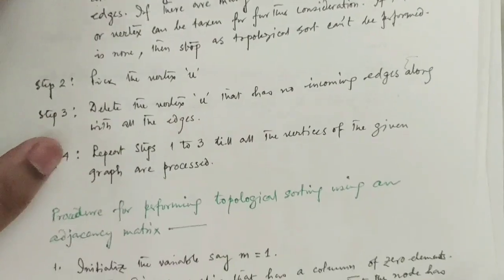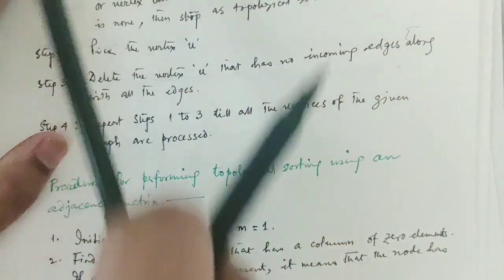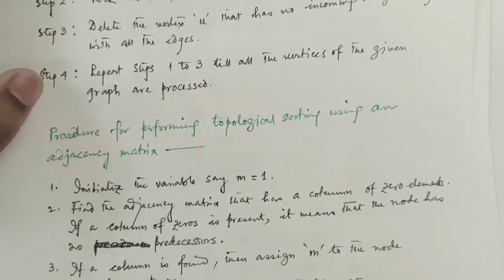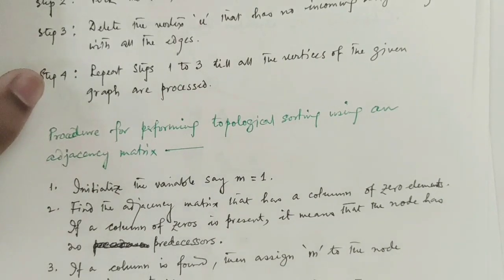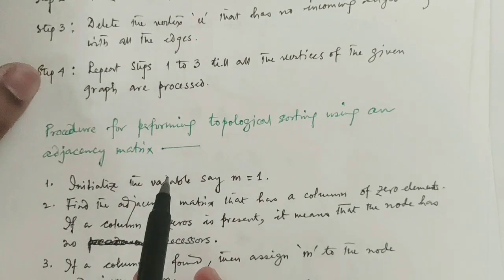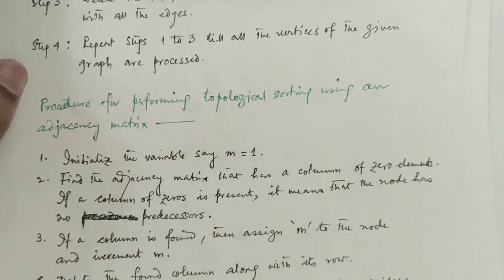Okay. So there was a question, sir, how do you determine the node that is to be deleted? That's why I took the help of the representation of the graph using an adjacency matrix. There I told you, let us have faith in me: initialize a variable m, and I will give you the significance of m later on. From the previous example, I think you already know the significance of m. So here, just summarizing it: initialize the variable, say m equals 1. That will be used, or was used, for assigning the ordering of the vertices.